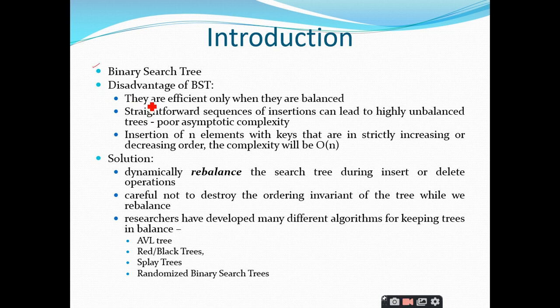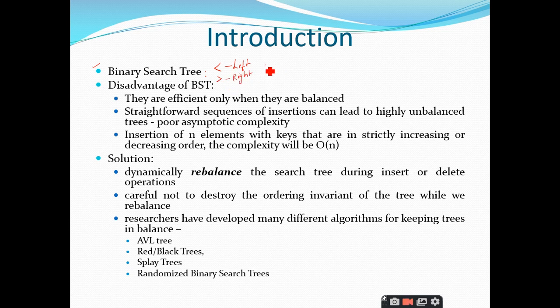It is a binary tree which satisfies two conditions: all the elements towards the left side of the root node should be less than the root node, and all the elements towards the right-hand side of the root node will be greater than the root node, right? So this is a very important concept. You should have the lesser values on the left side and greater values on the right side, right?